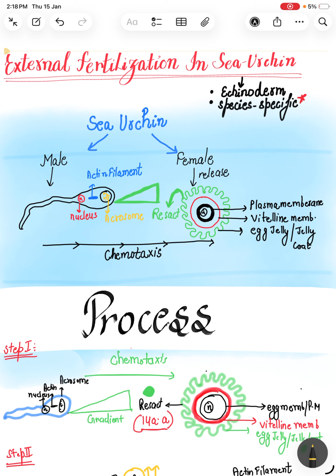For example, in water. And why do they fertilize in water? Because it's very effective for mass spawning. The female releases eggs in water and the male releases sperm in water. So the egg of the female contains the internal membrane, which is the plasma membrane. Outside the plasma membrane there is the vitelline membrane, and outside the vitelline membrane there is the egg jelly or the jelly coat,